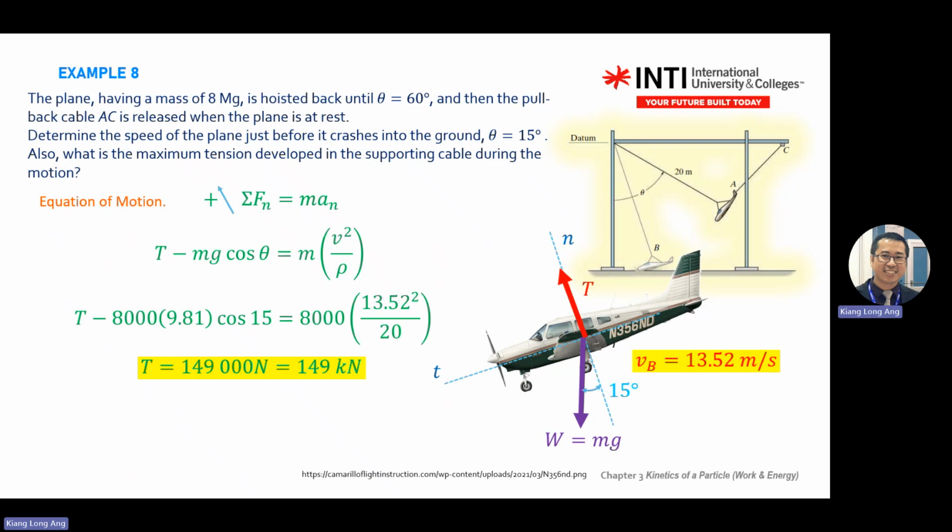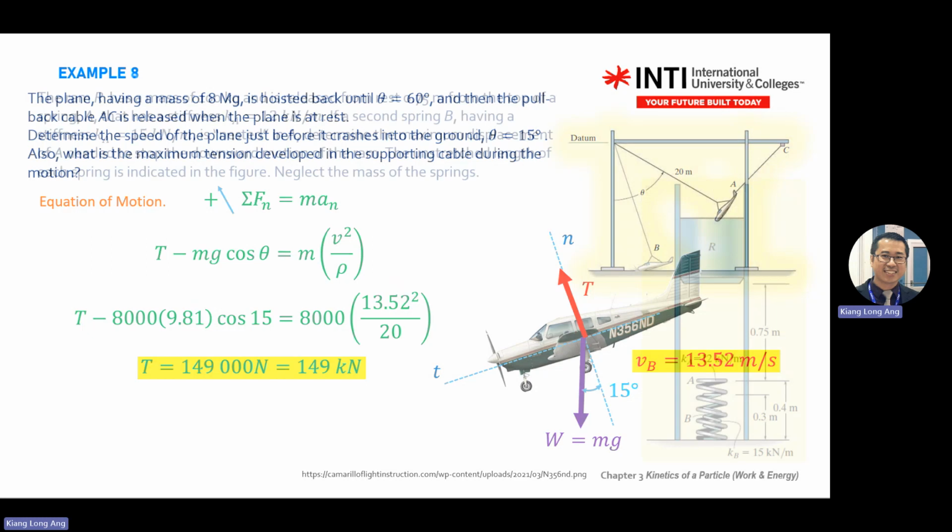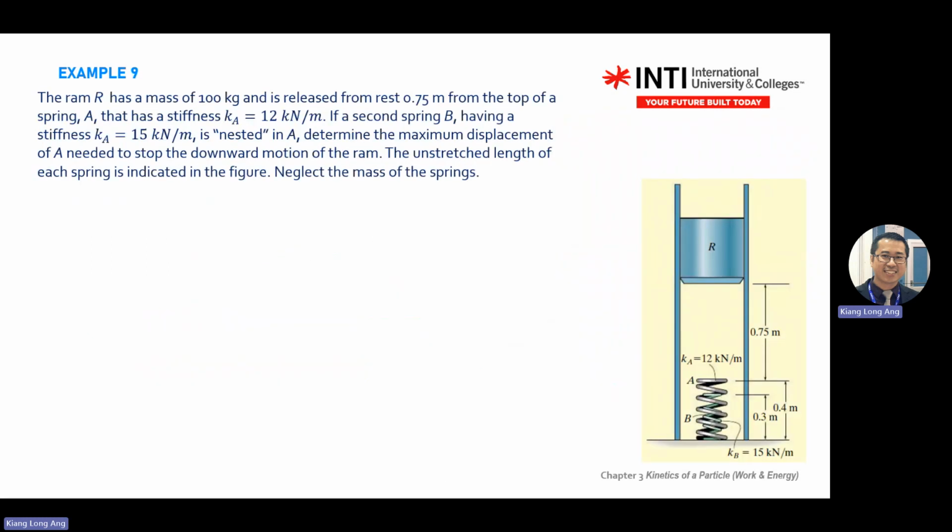For your free body diagram, it will be safer if you replace the 15 degrees that you see on the slide here with theta, a common parameter instead of numbers. Now, the important part is the first line and second line. The rest is substitution. All right. Now, example number 9